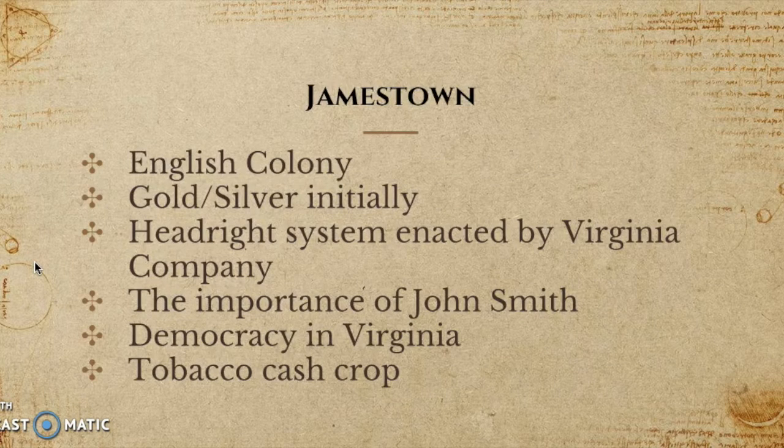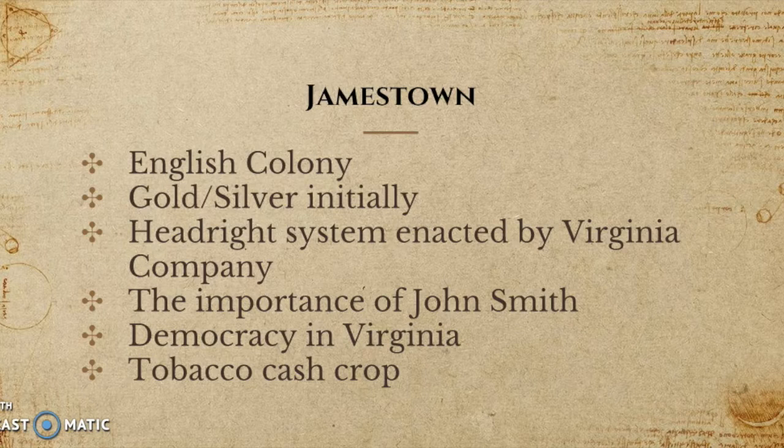Jamestown was the first permanent English settlement in the Americas. It was initially founded for people to mine gold and silver, but people died a lot that first year in Jamestown. So the Virginia Company, who were the company that owned the charter to Virginia, wanted more people to immigrate to the Americas. So they enacted a system called the headright system, where if a man paid for his or another voyage, then he would get 50 acres of land in the New World. And this was significant because it brought more settlers to Jamestown and to the Virginia colony, and it also sparked the rise of indentured servitude as a main form of labor for the colonies.